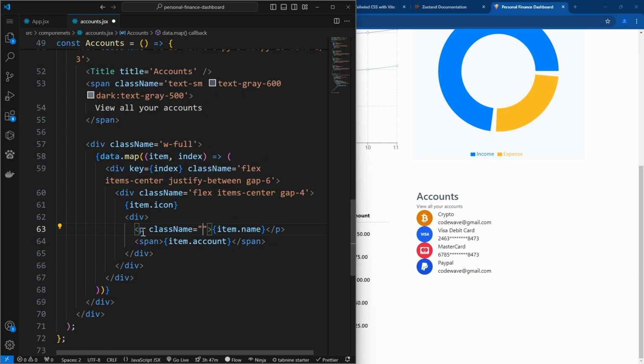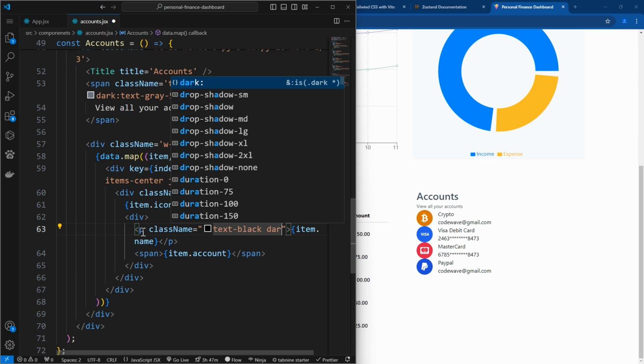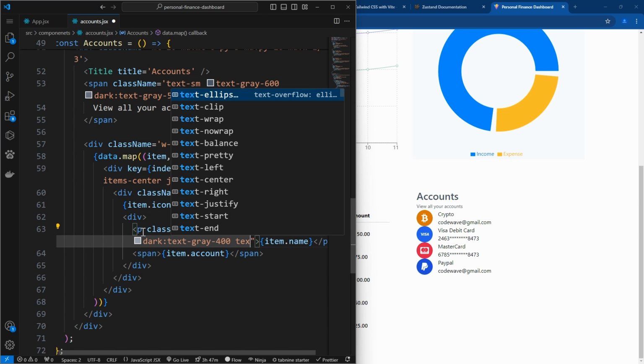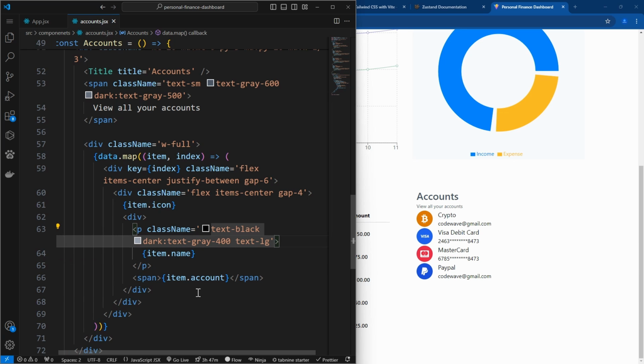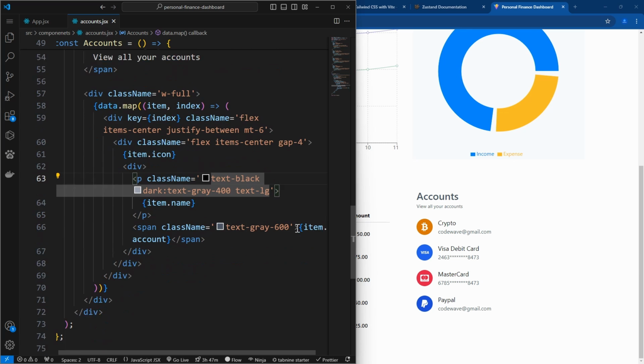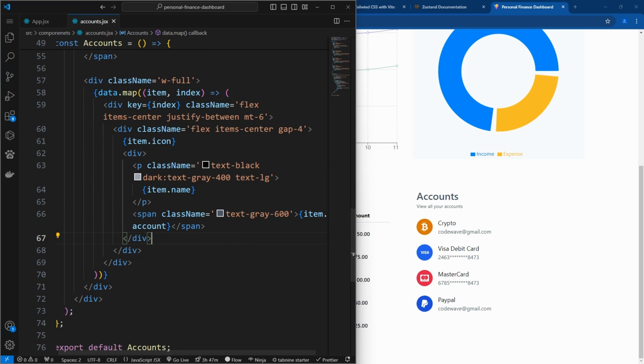Okay, so now let me style this. Text black, on dark text gray 400, and the text should be LG. Okay, great. Here we want text of gray dash 600. Okay, great. Let me change this to margin top of each item. Great. So each margin top should be this. Okay,